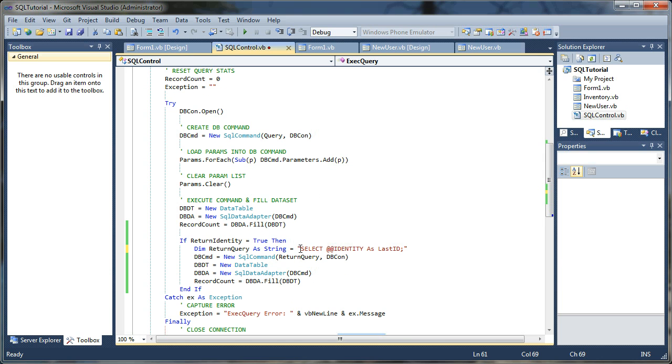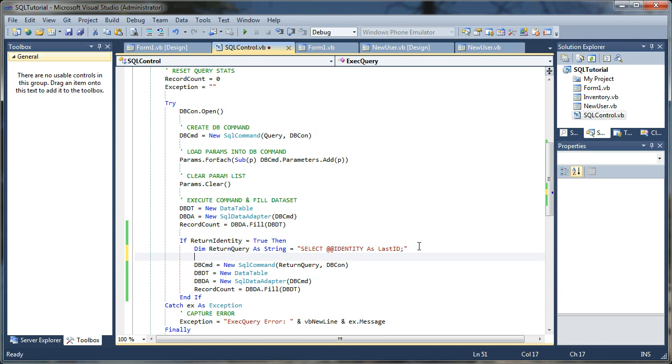So one place where this could go wrong is if you insert a new user and that launches a trigger on that database that updates another table. It's going to grab the last table that was updated. Okay, it's the last place that a record was inserted. So you can run into issues like that. So I'm going to say @@IDENTITY,